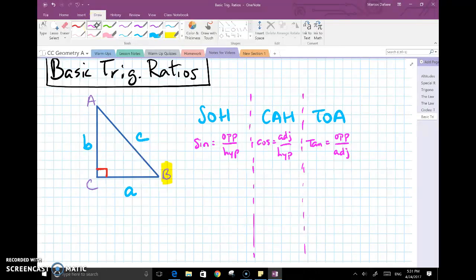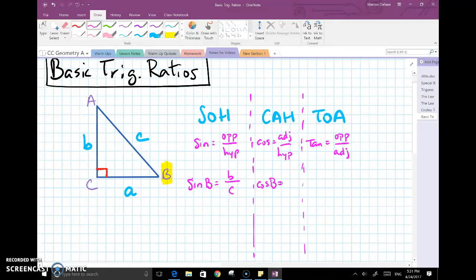So focusing on angle B for all of these, left to right, it would be the sine of B, of that angle, is equal to... Now the opposite of angle B would be side b, as you see over here. So that's going to be b over the hypotenuse, which is c. Okay. For the cosine, it would be cosine of B